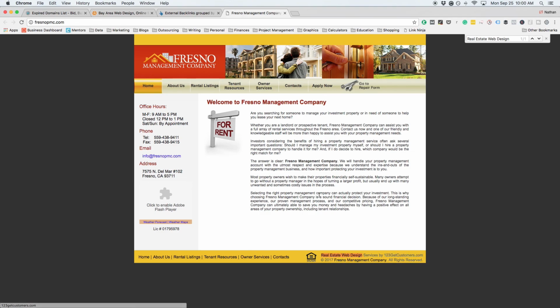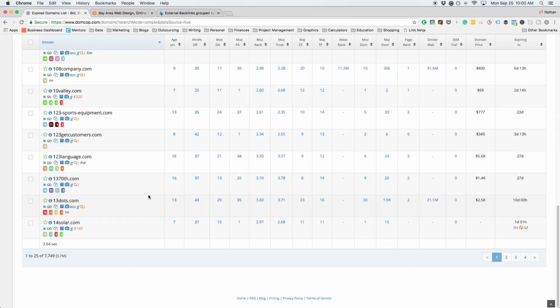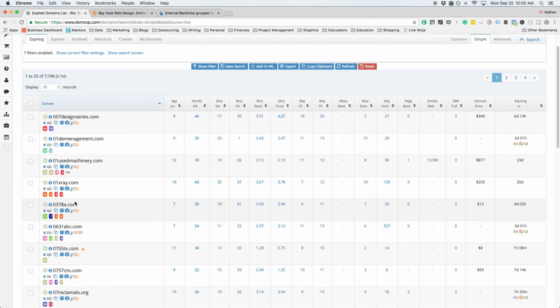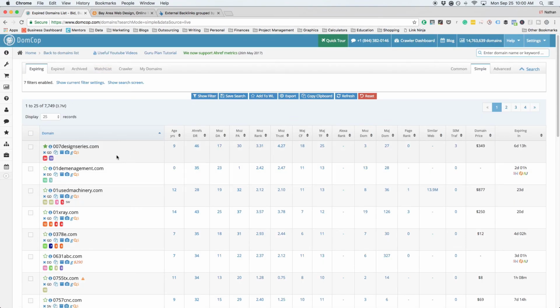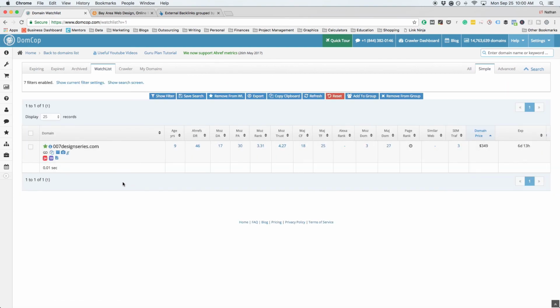So like I said before, if you find a domain that has at least met the minimum criteria that you're looking for as far as link quality and also the history or use of the domain, you just can click the star button, add it to your favorites, and then you click on the favorites tab, and you can actually just keep track of all these domains and ultimately see if they're in auction, see the price that they're at, and see if they're undervalued so that you can jump on it and maybe secure that domain.